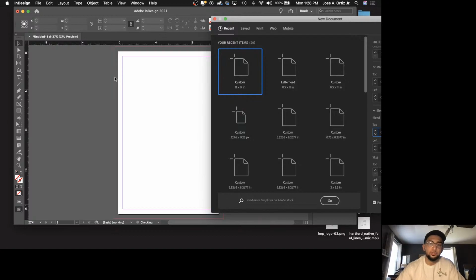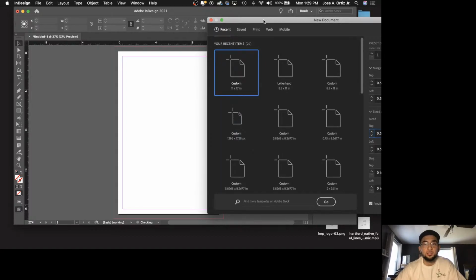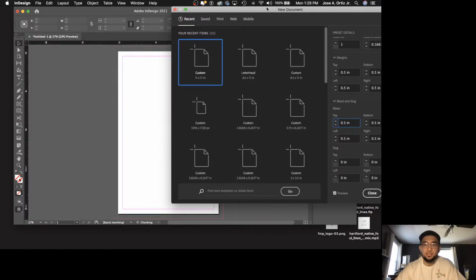There's always a slight margin of error, so it's always good practice to set a bleed in professional printing applications and use it accordingly. Like I said, for our demonstration purposes, we won't really be doing too much for bleeds, but I'll leave it just as a good practice. Alrighty, and that's about it. The slug, you can think of it like a bleed. It's just another area typically where printers put